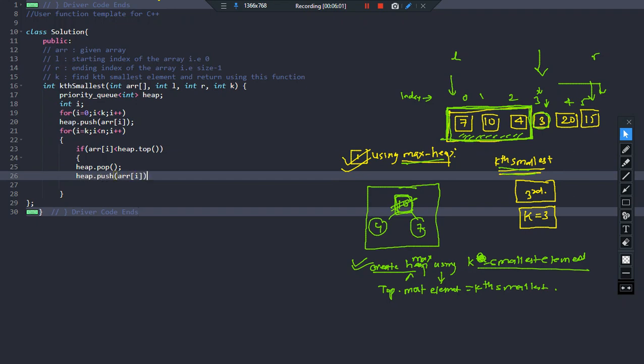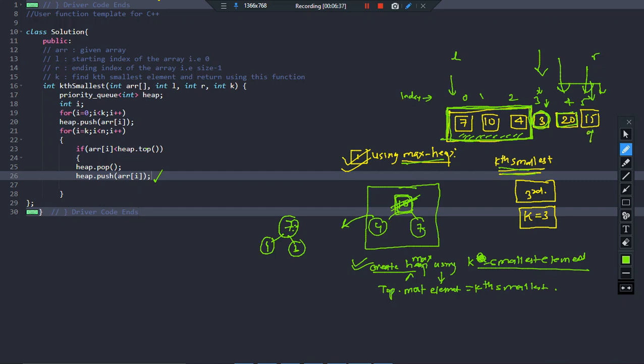Getting the point? So what is happening? Suppose you have 10, 4, 7. 10 will first be popped, there will be some configuration, and then when you push this element 3, the heap will be 7, 4, 3. This time you have 7 at the top. Next time when I point here, you have 20, which is greater than the top element, so 20 less than top element is false and it will not go inside. Move ahead. 15 is greater than the top element, so we will not enter the loop.